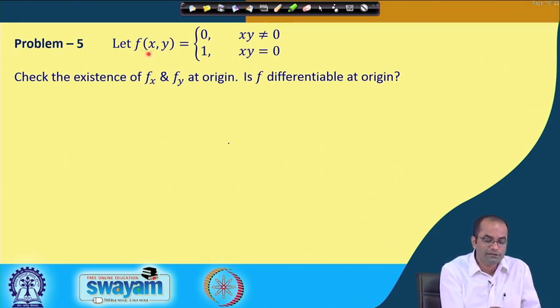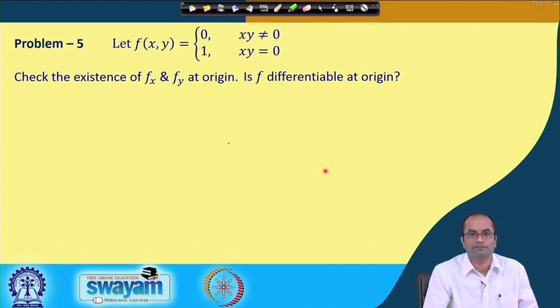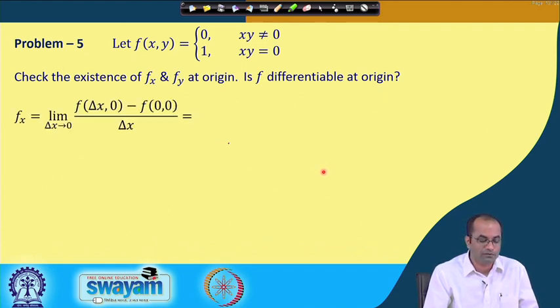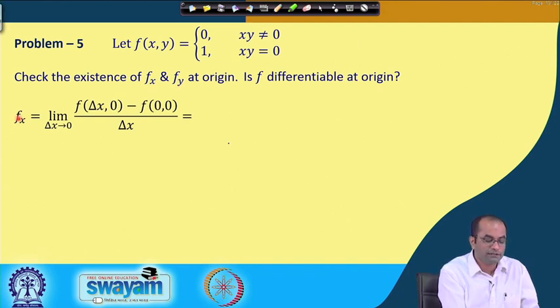Another example here: f(x,y) is defined as 0 when xy is not equal to 0, and when the product xy is 0, then this function is 1. We want to check the existence of f_x and f_y at the origin, and we also want to know whether the function is differentiable at the origin or not. So, to get the existence of f_x and f_y at the origin, we use the fundamental definition